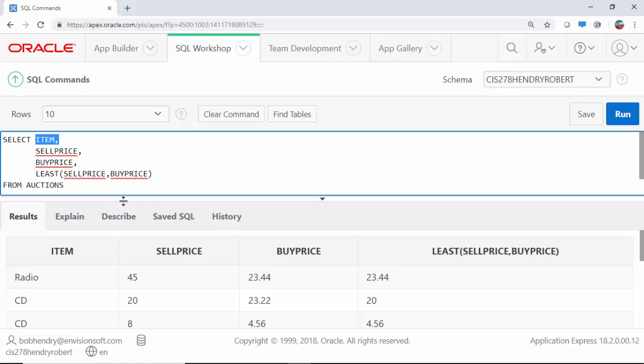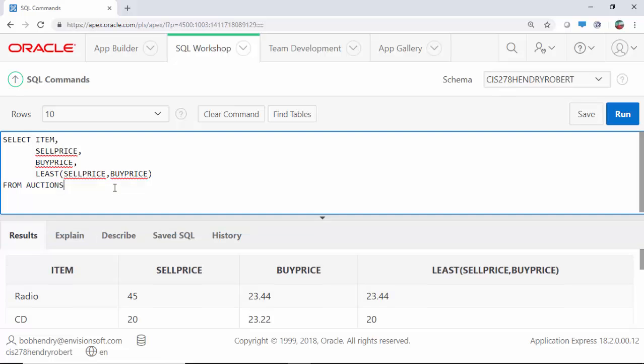Now, this is kind of a little bit advanced. Let's just say I wanted to say the item, the sell price, and the buy price. And I will say this is kind of advanced, where I want to see this data, but I want to put an aggregate function in a where clause, and I can. Again, the ask is, show me the item that had the largest selling price. We could say from auctions, and we could say where sell price